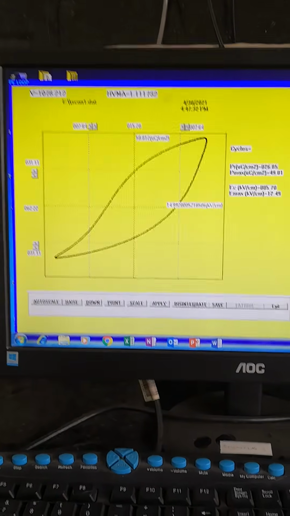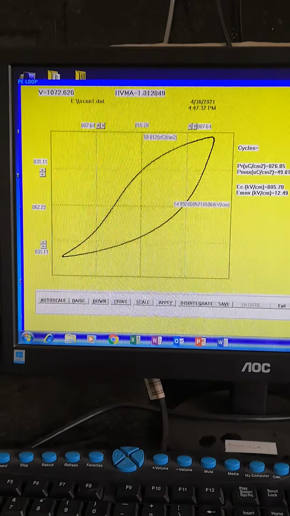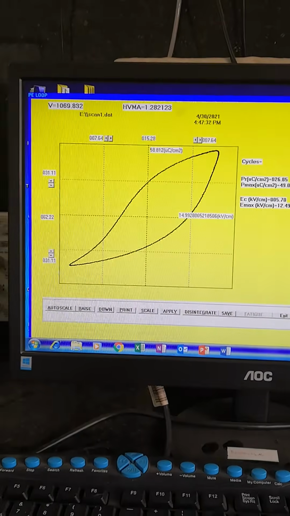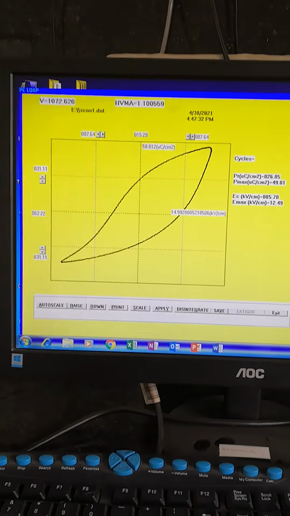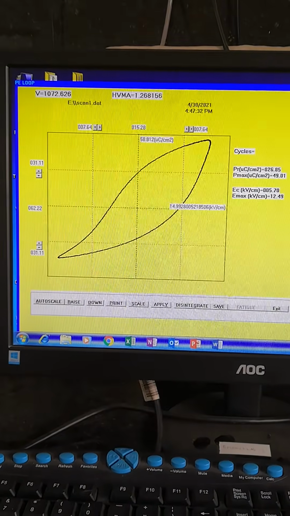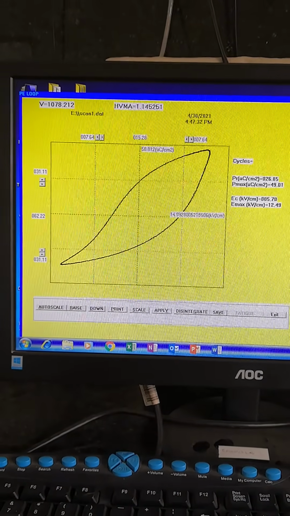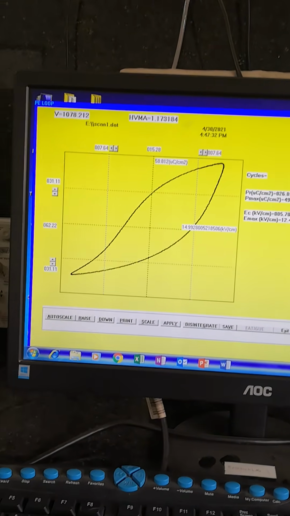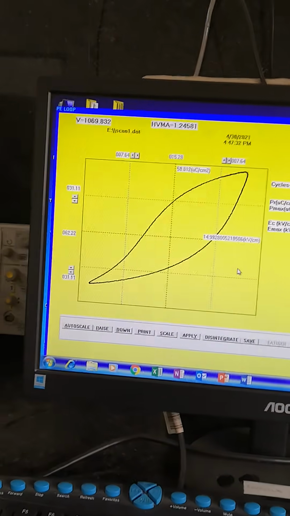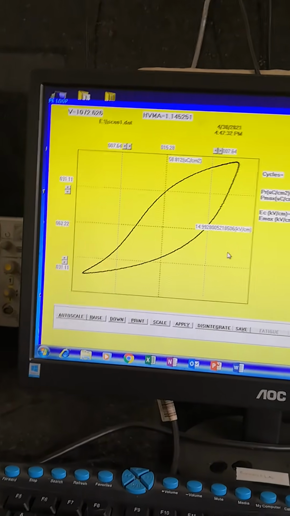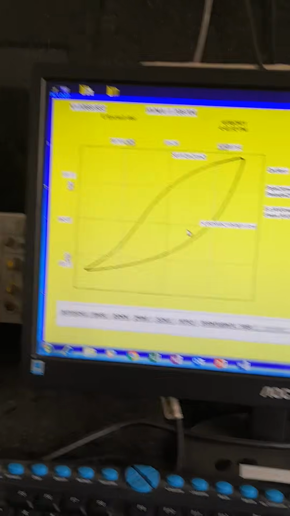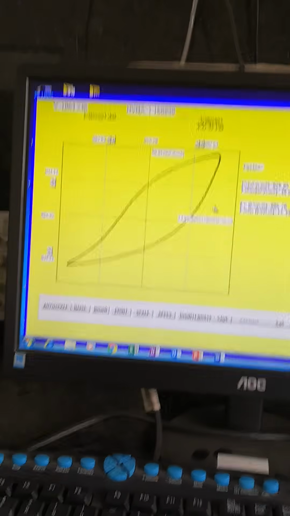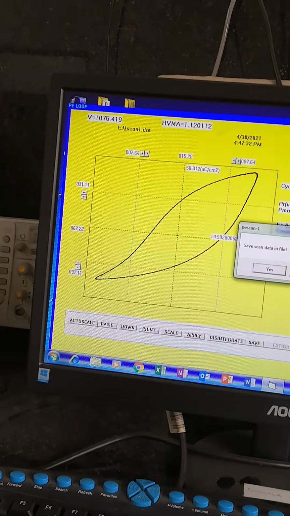The P loop of any sample, when we trace the P loop for any sample, it basically depends upon three parameters: the magnitude of the electric field applied, and the capacitance and the resistance value that we can change according to the sample to get the exact P loop, right? So yeah, it's a good loop, and if we keep on increasing the value of the electric field magnitude, we will get more.